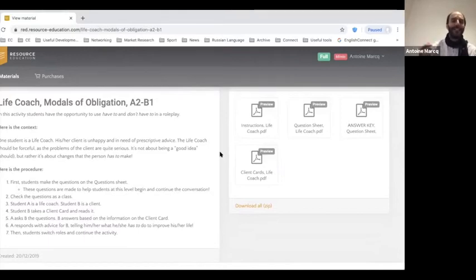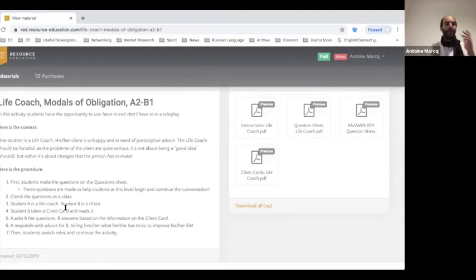So in this activity, students have the opportunity to use have to, don't have to, and you can expand to different modals of obligation. That really depends on the modals of obligation you are going to teach in your lesson. I think we've all noticed that depending on the publisher, textbooks will give us different modals of obligation at different levels. So we try to keep our activities as open and as flexible as possible so you can adapt them to whatever is in the lessons.